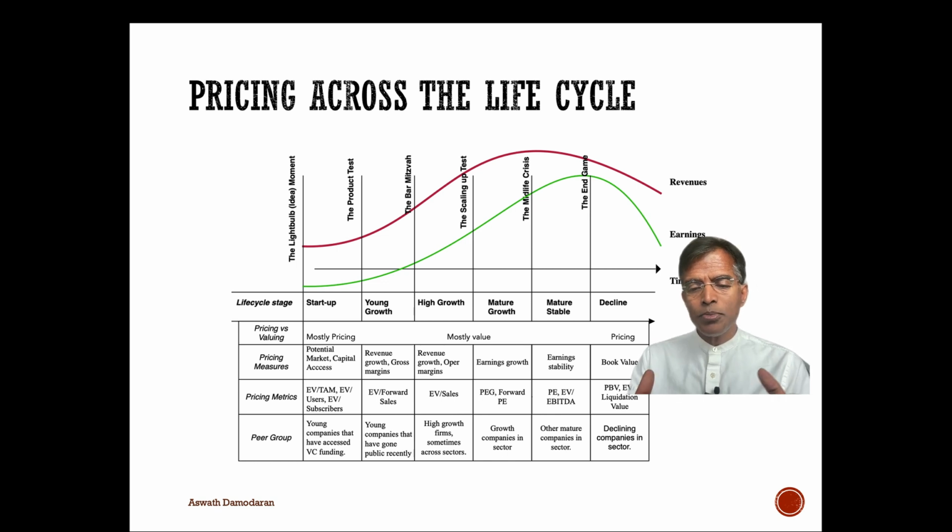So with both valuation and pricing, the core ideas remain the same. With intrinsic valuation, the value of a company is a function of its cash flows, growth, and risk, no matter where it is in the life cycle. With pricing, you've got to standardize the price, find a peer group, and then control for differences. That stays the same across the life cycle. But how you do it and what pricing metric you use can shift depending on where you are in the life cycle. Something to think about as we go into future sessions where we focus on each of the stages of the life cycle and how you approach valuation and pricing at each.